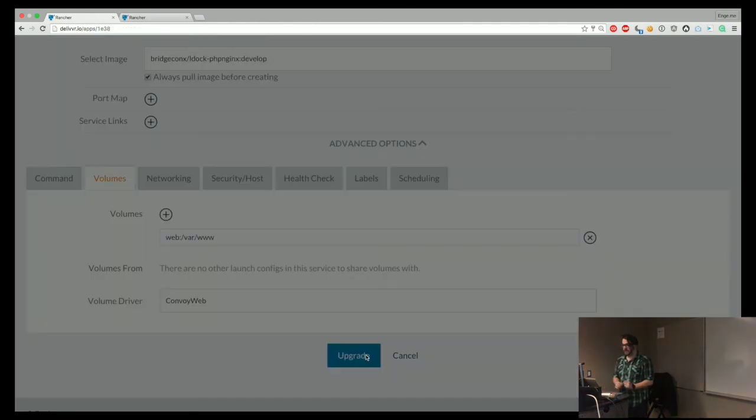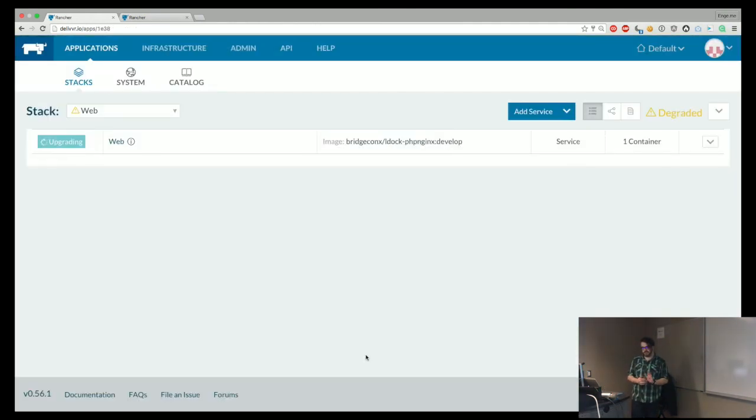That'll do. Actually, I'm going to take a step back. I just did what's called an in-service upgrade. All of the settings that you saw in that composer YAML file cannot be changed on a running container. You have to stop the container and delete it and start up a whole brand new one. That process is a pain, especially if you're not using something awesome like Rancher, in which case what you can